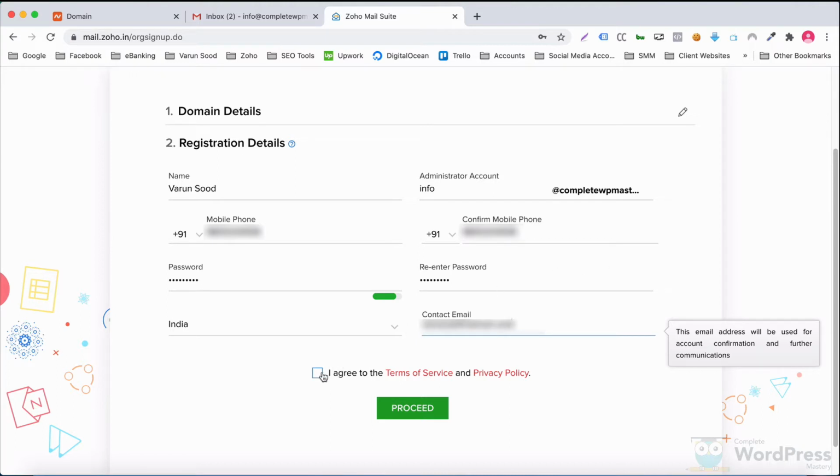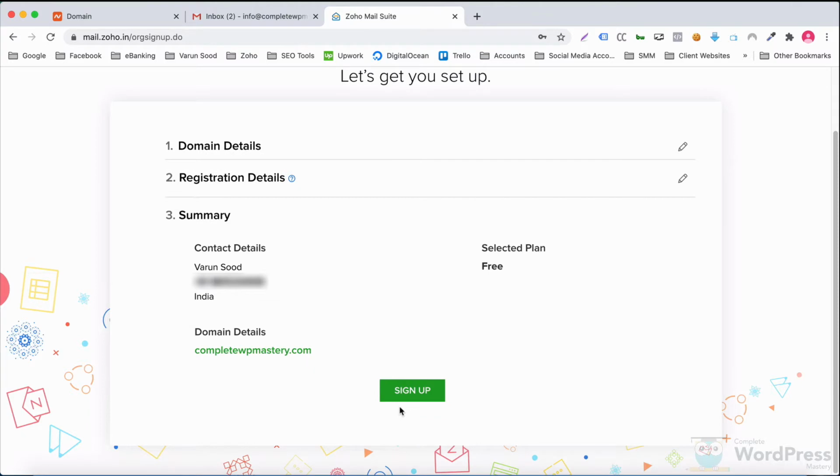After entering my details, I'll click on Proceed, verify the details and click on Sign Up.